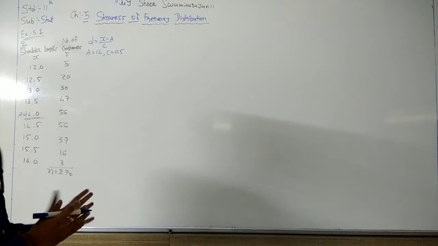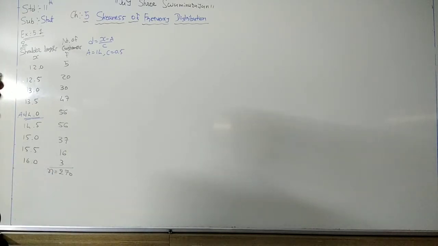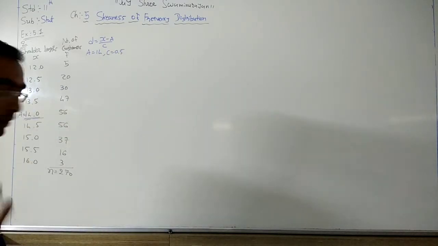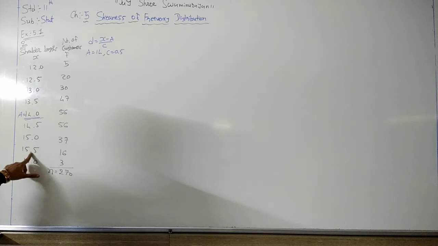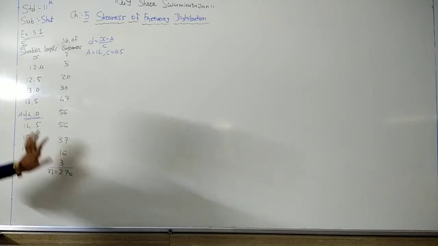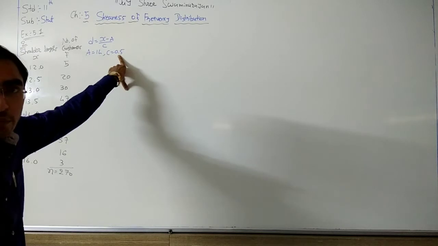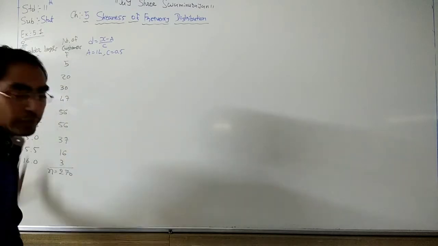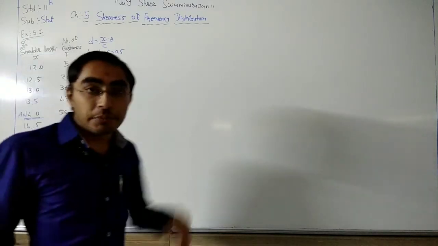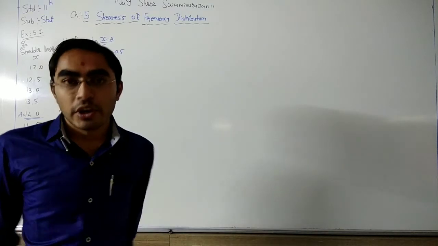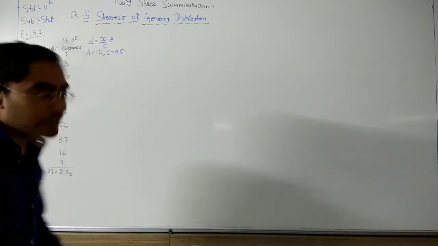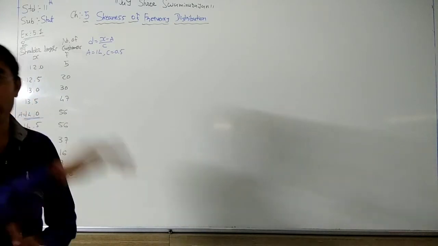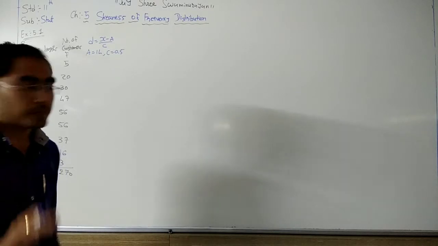But if you want to do the easy calculation, then first of all assume A, after that take C is equal to 0.5. Here in each number we have a 0.5. That's why we are taking 0.5, because 1 by 2 will be converted into an integer number. If random decimal numbers are there, like 13.8, 17.5, 18.2, at that time we need to take 0.1, because 0.1 means 1 by 10, and if you multiply with 10, then it becomes an integer number.